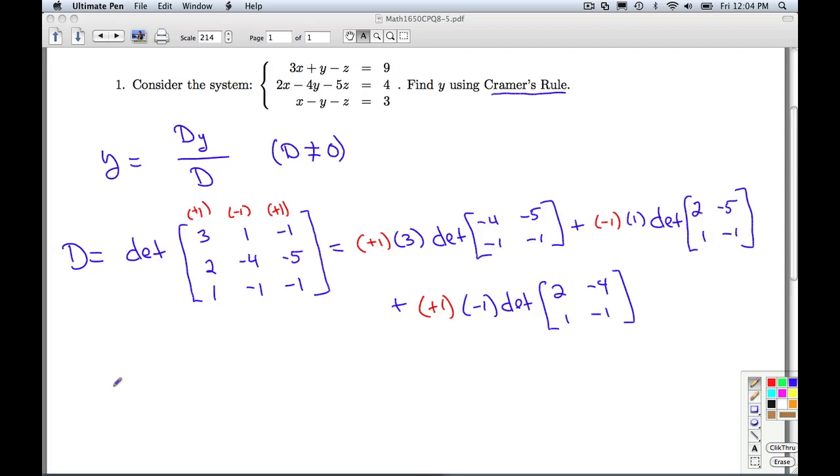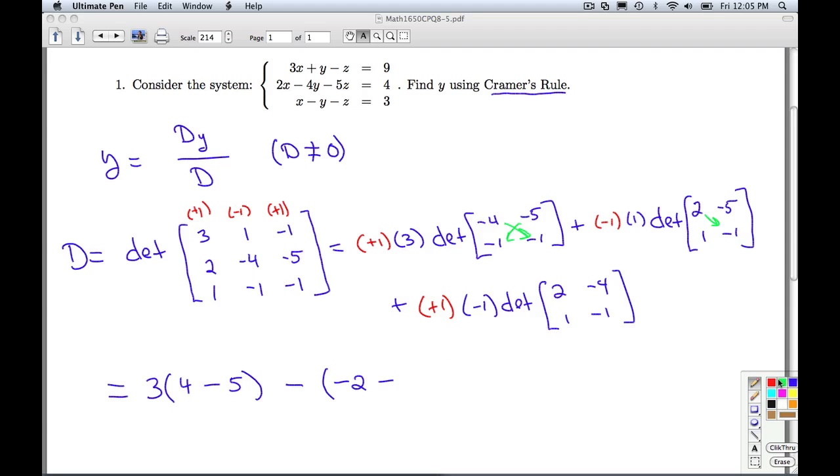And now I set about simplifying. I have a positive 1 times 3. That's just going to be 3 times the determinant of the 2 by 2 matrix. I multiply these together. I get negative 4 times negative 1, which is a positive 4. And from that I subtract the negative 5 times negative 1, which is a positive 5. Now I'm adding a negative 1 times a 1, so that's going to actually be a subtraction of this determinant. I take 2 times negative 1, and that gives me negative 2,